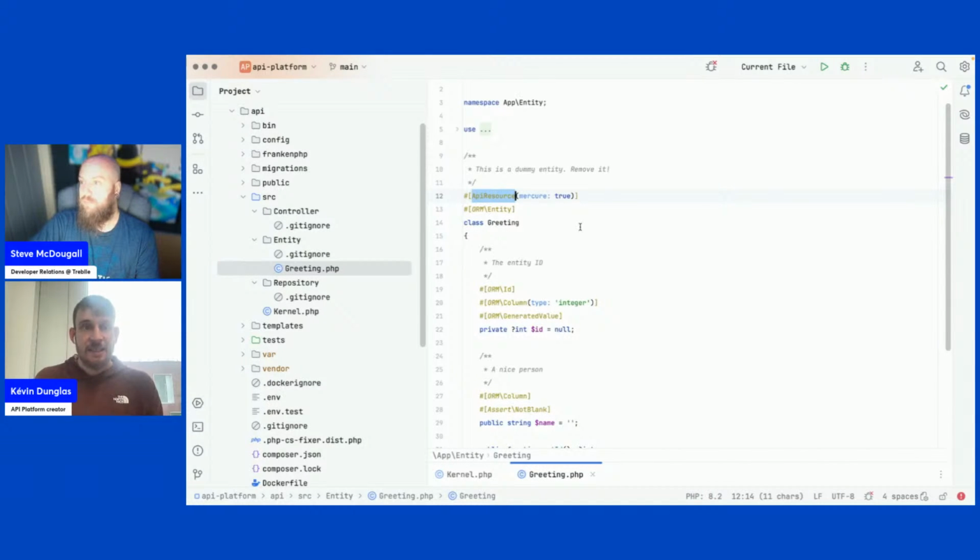That's exactly that. There are basically two ways to use API platform. The first way is to put a class describing the public data model that you want to expose through the API in a directory called API resource, or entity for historical reasons that I will cover later. But you can also put them in the API resource directory that needs to be created. And then basically API platform will handle all the infrastructure part of your application.